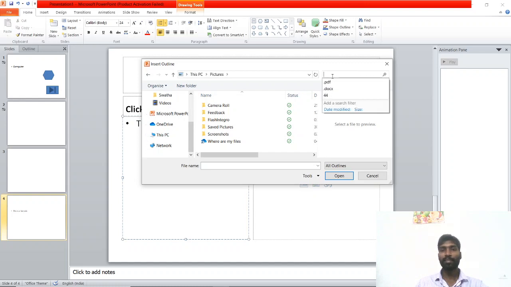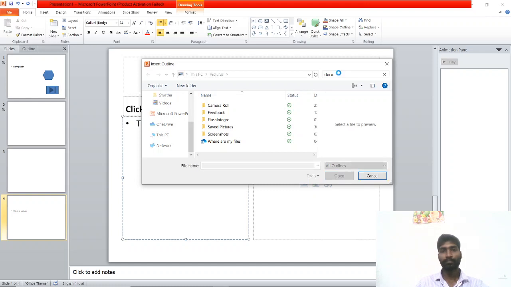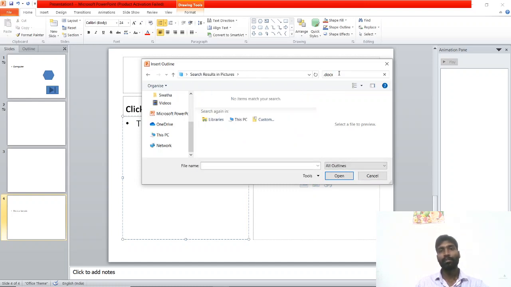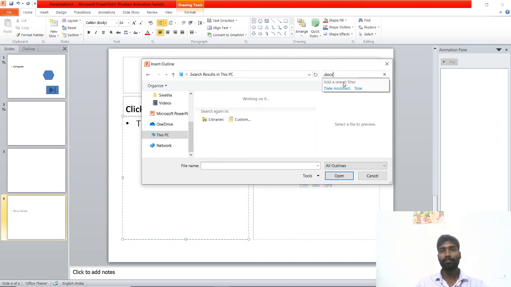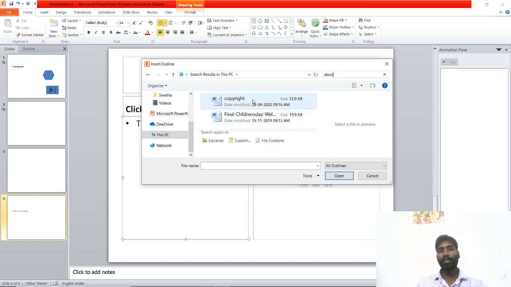So I am searching here for any Word document. See, now this is the Word document, but students, before inserting into the outline, we have to make some changes in